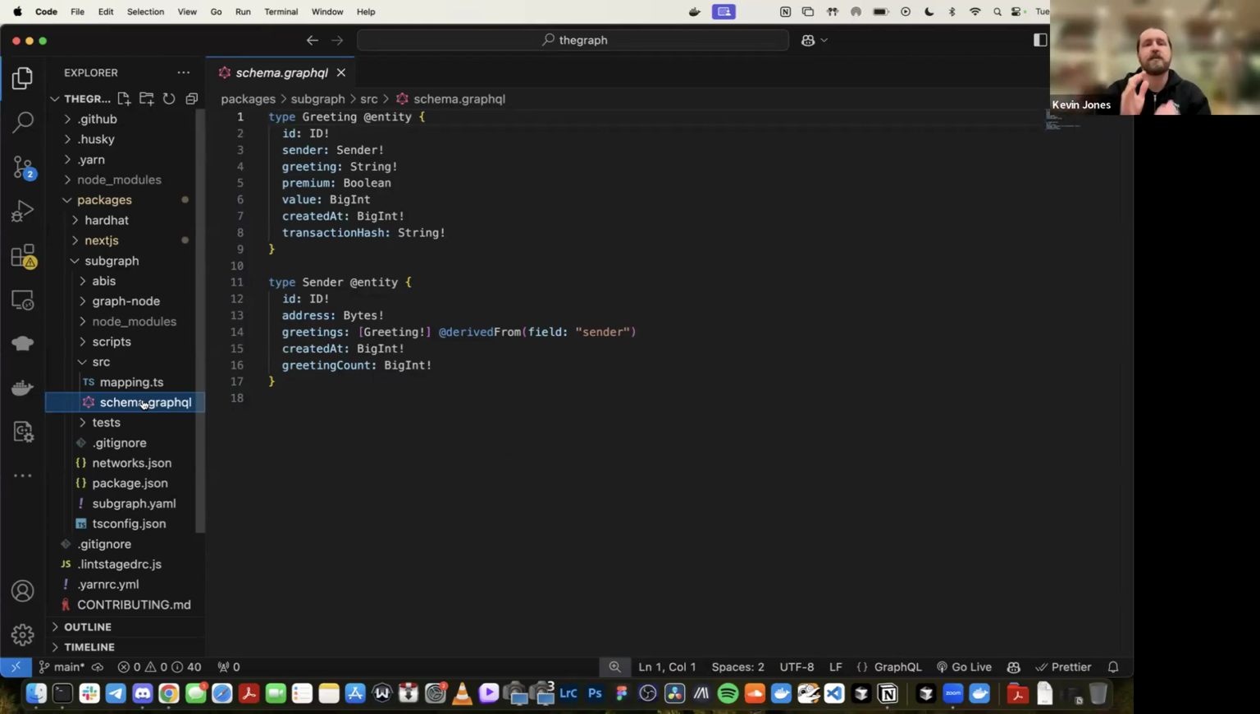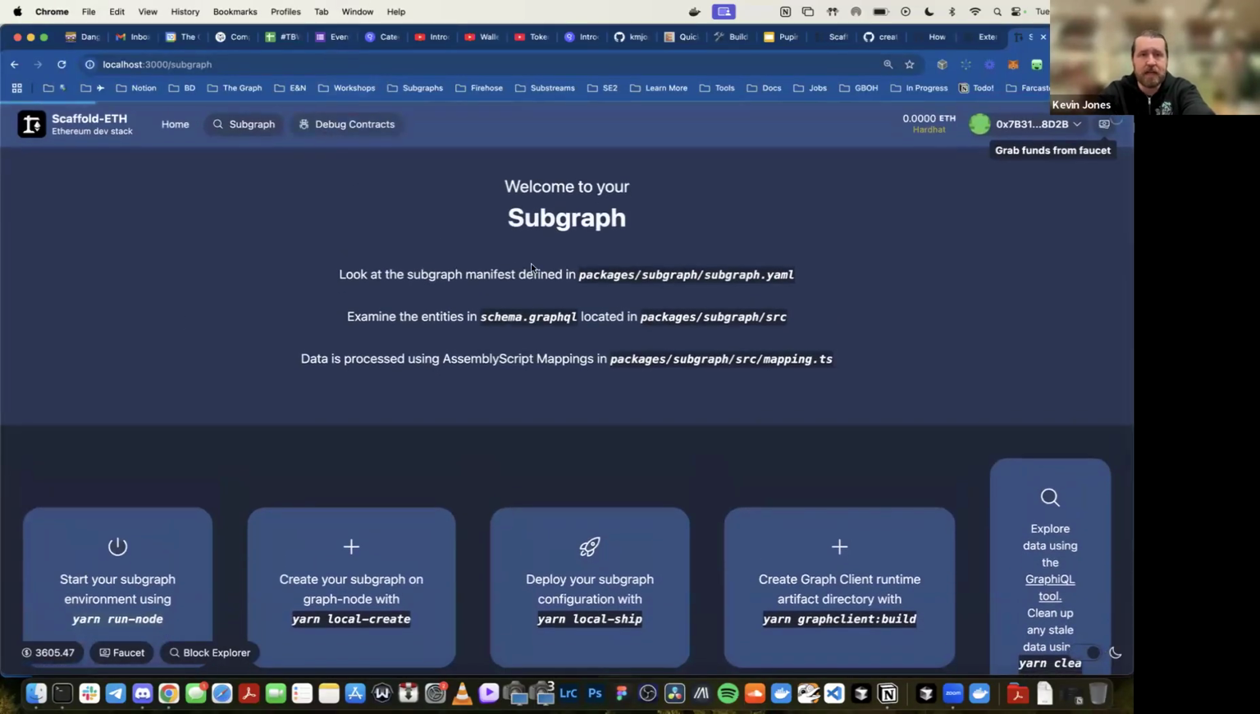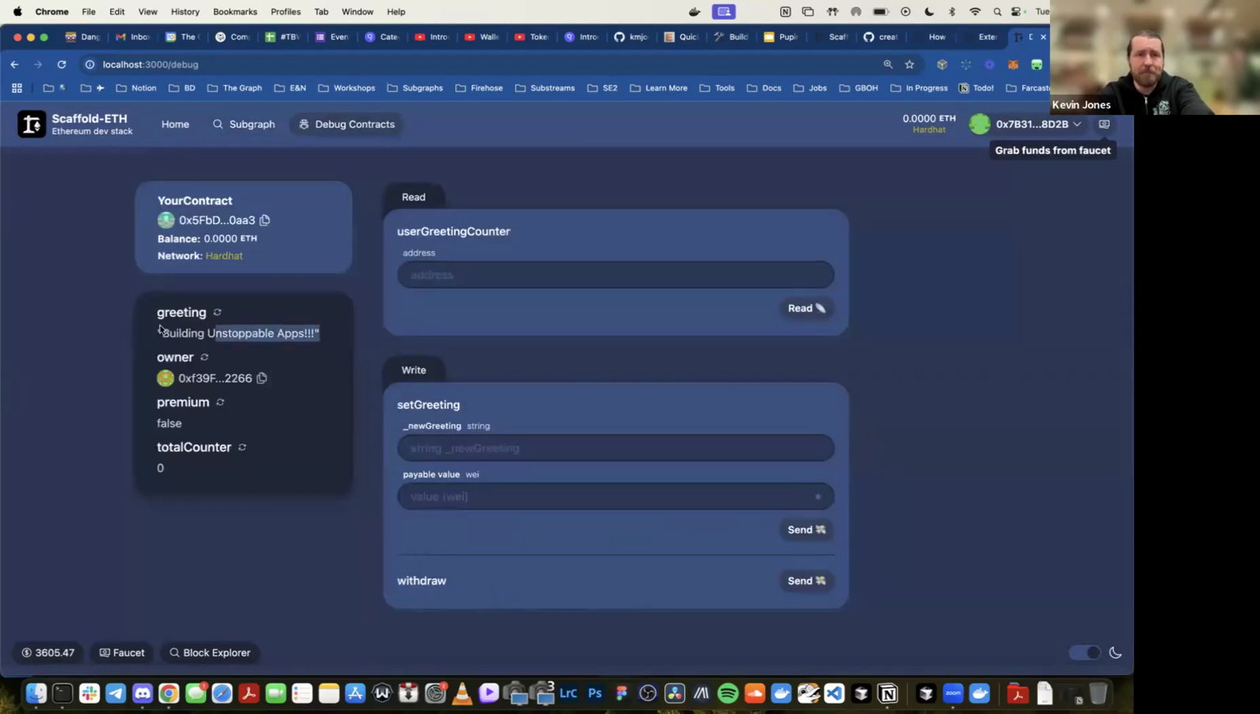Okay, so there's two ways that we want to store data in this case. This particular extension comes with a starting subgraph that matches the Scaffold-ETH contract. So you guys all know the Scaffold-ETH contract. It's like the debug contracts tab, and you have this kind of like unstoppable apps greeting, and you might want to update it,